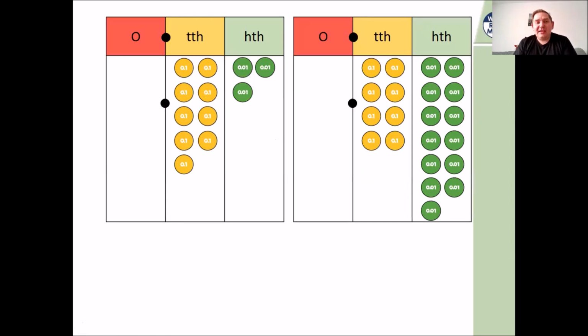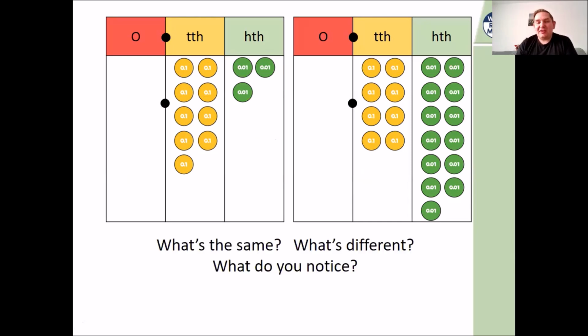So here we have 2 different representations. Can you think of what is the same, what is different? What do you notice? Pause the video and have a think now. Okay, so